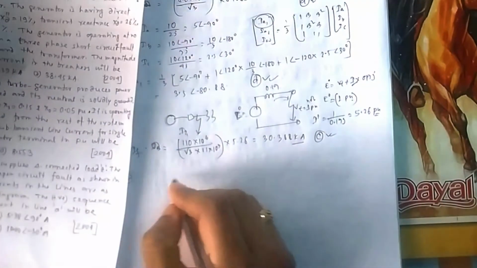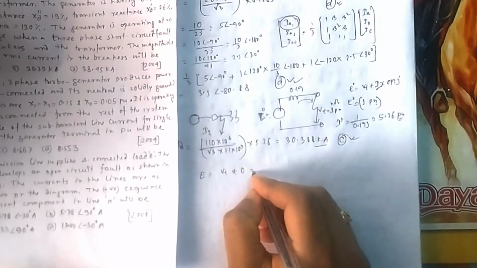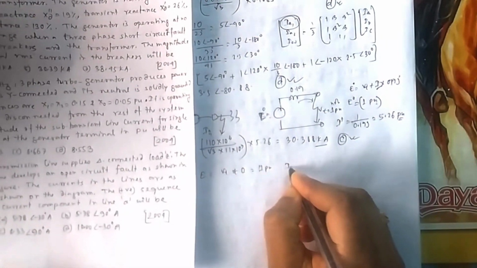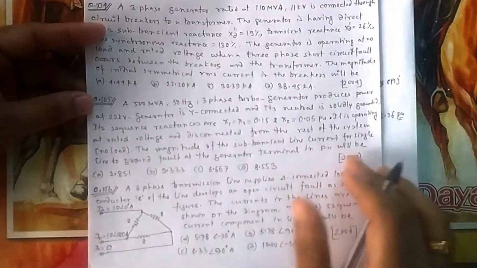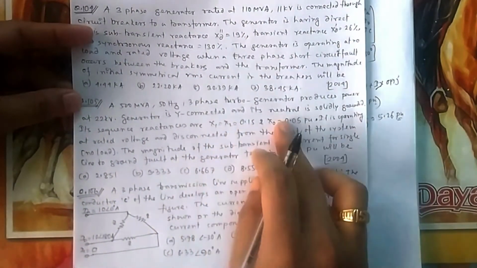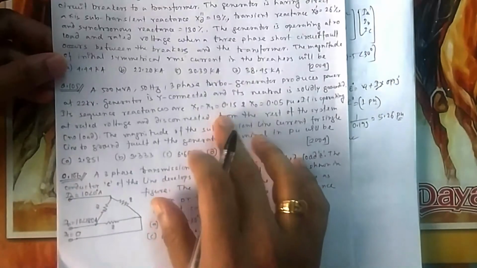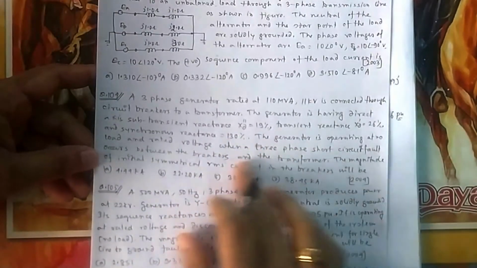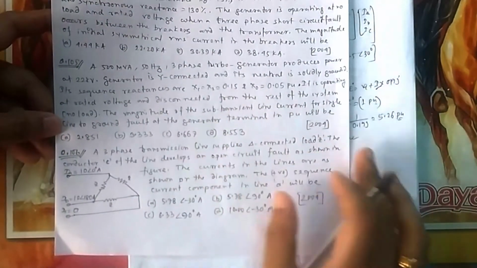Again what you will take, your E is equal to, because no current is there, it will be simply Vt plus 0, so that is 1 per unit. So after fault, because it is single line to ground fault, you can think of it in the sequence network, because these are given, X1, X2, X0, so no need to think of X double dash now. We can think of it in this way, and it is possible if there is a 3-phase short circuit, but for single phase unbalanced you have to go for sequence network.